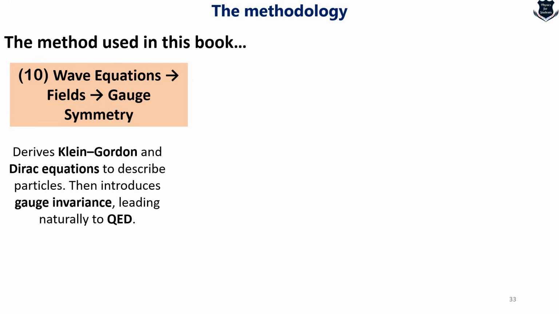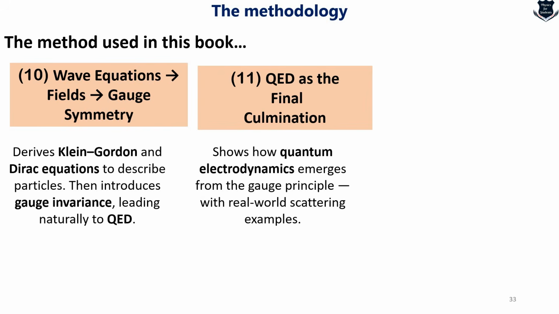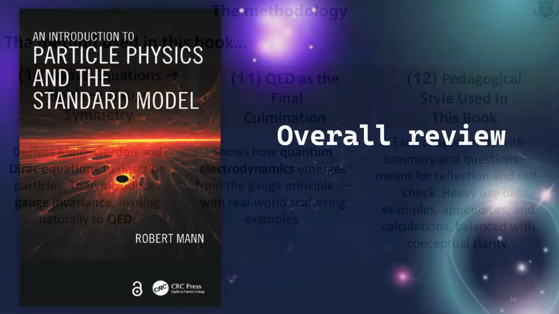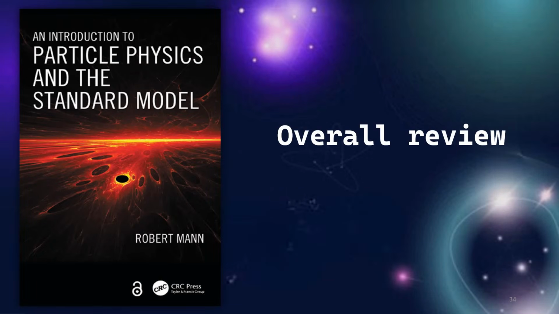And then finally come what are called the wave equations, the gauge symmetry, and so on. Quantum electrodynamics finally is culminated, and the book shows how quantum electrodynamics emerges from the gauge principles with a real world scattering example. Each chapter of this book ends with a summary and certain questions, heavy use of examples, appendices, and calculations. This balances with conceptual clarity. So this covers the methodology part of the book, and now I would like to give you my overall review,